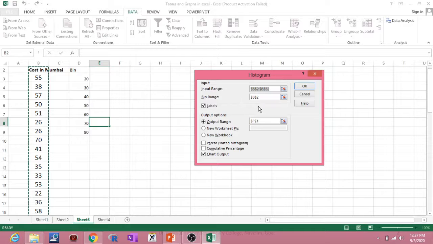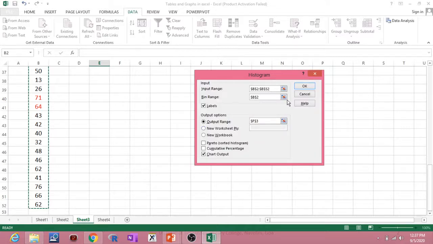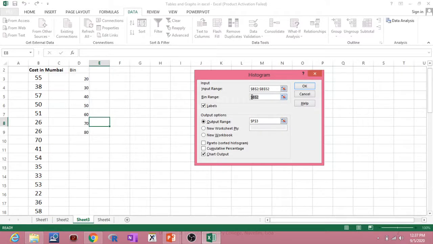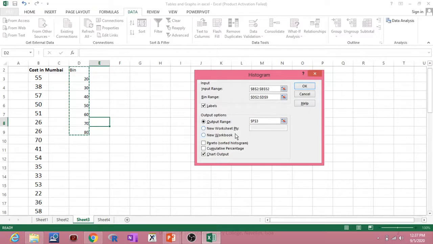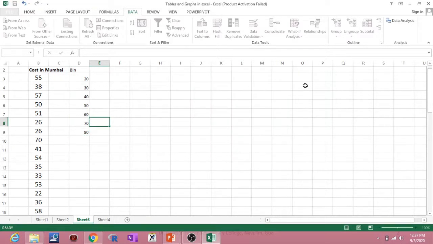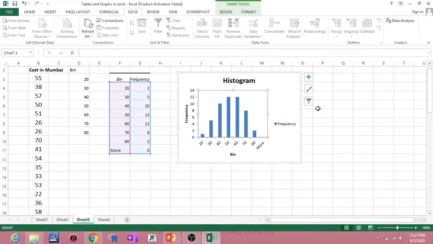Let me do it again. Oh, the bin range has changed. That's why that error came. Now I will say OK. So this is what we will get. So this is the histogram.